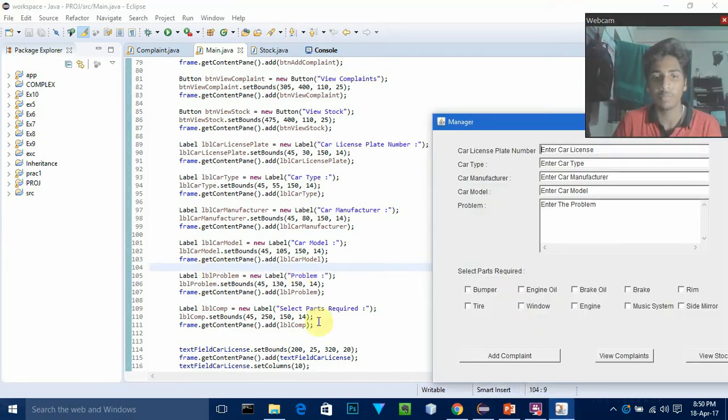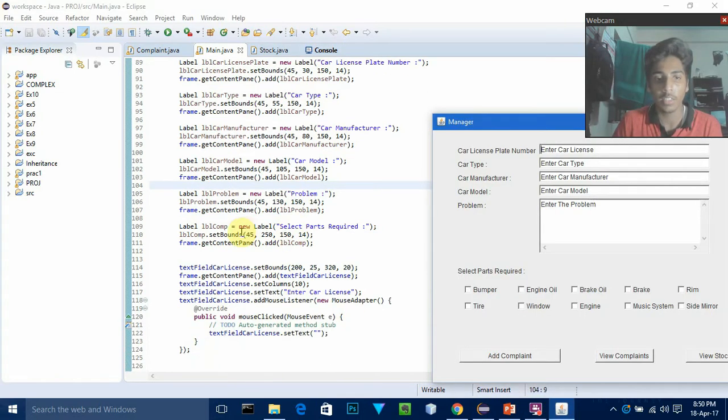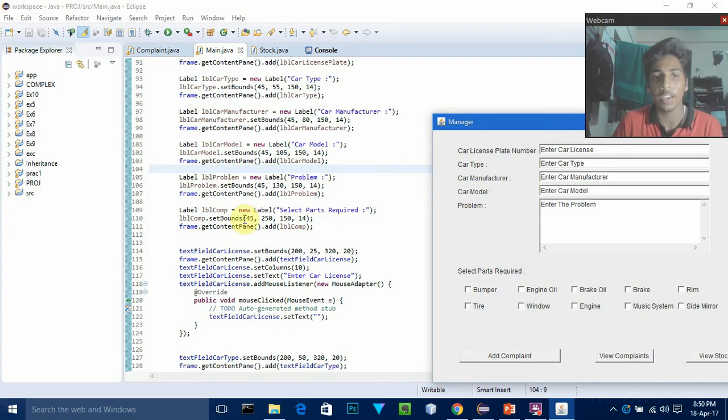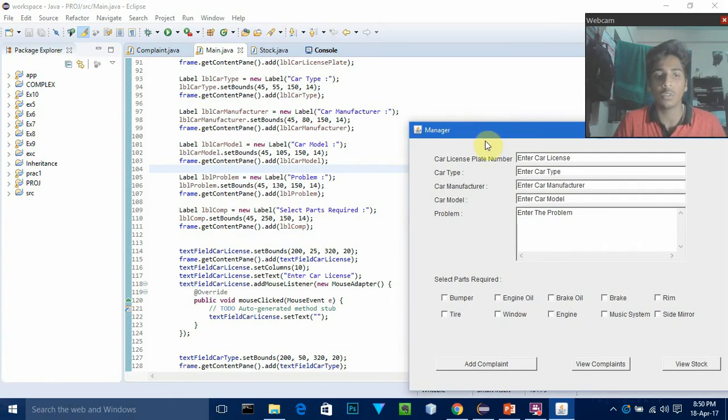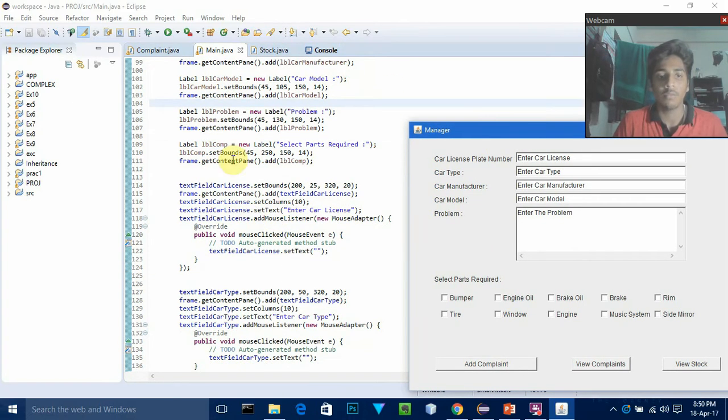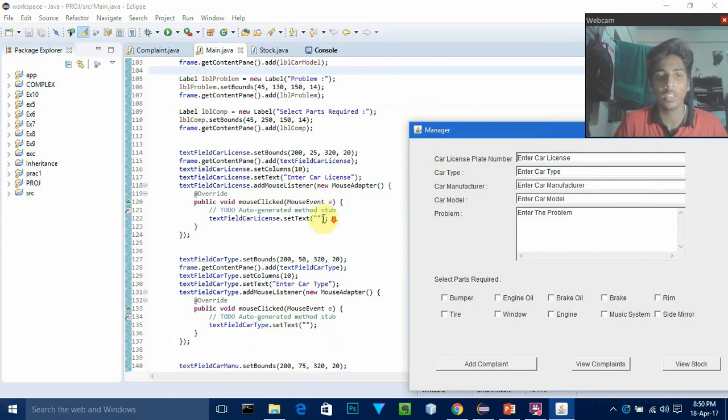So here is our text field area. We have initialized this, also calling the setBounds method. We have passed some values for this, and we are just invoking one method after another for doing this. Now coming to the mouse click event, we can see that when we click the mouse, this text field